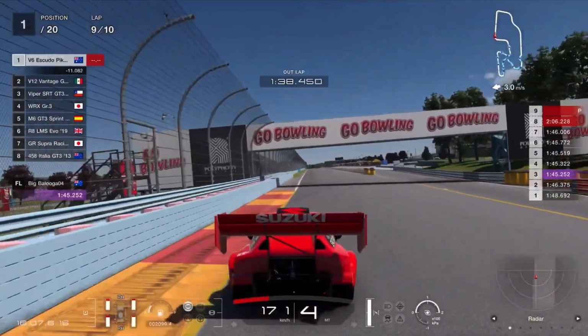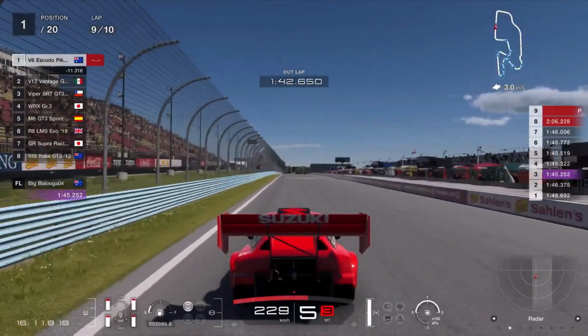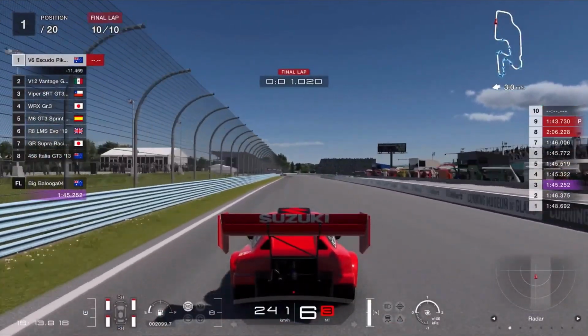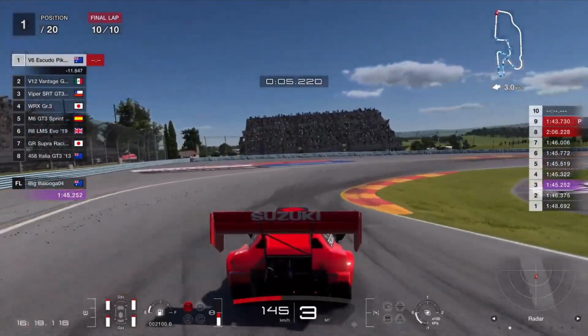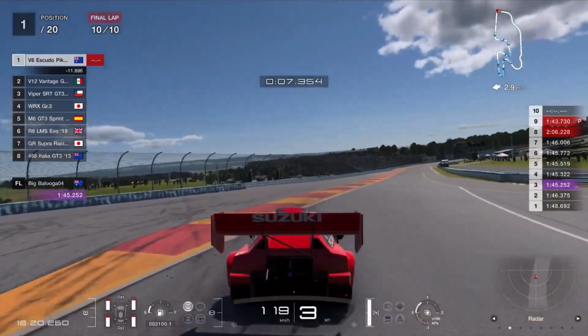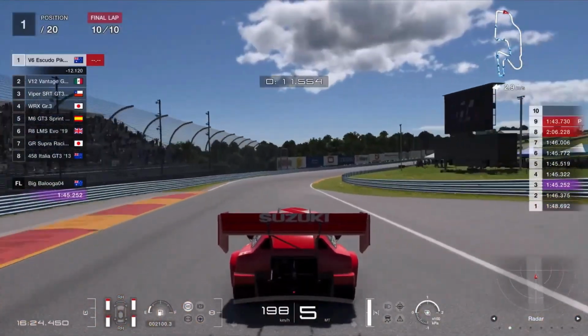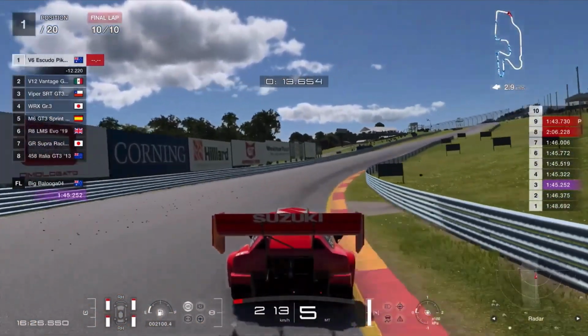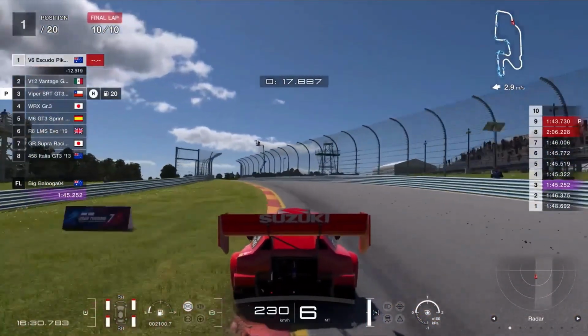But here we go. We're about to start our final lap. And we are 11 seconds ahead. And we have set fastest lap of the race as well. And since I haven't got any penalties so far, and I don't think I've flown too far off the track, and I haven't hit the other cars, I don't think, I might even get a clean race bonus. And I don't know how many credits that actually gives you for this event in particular, but